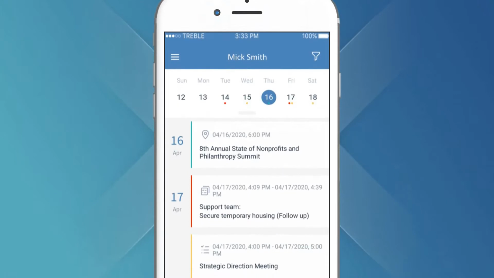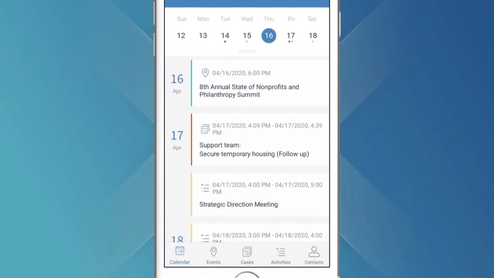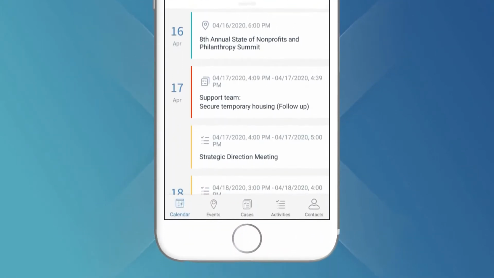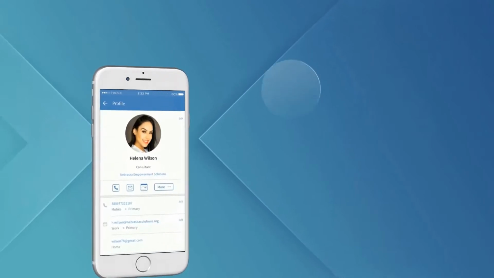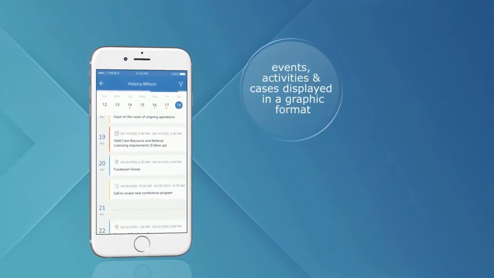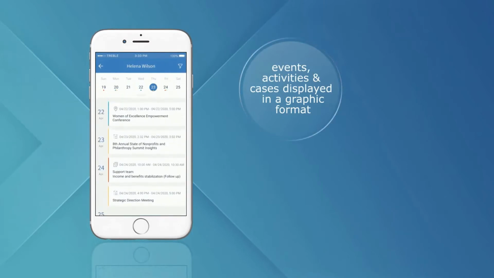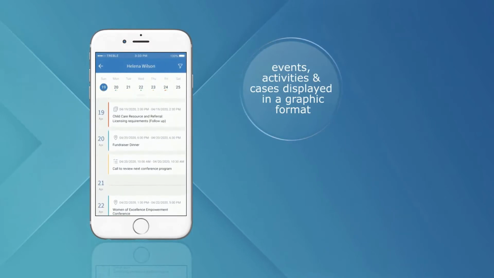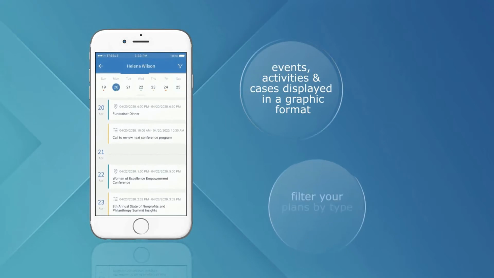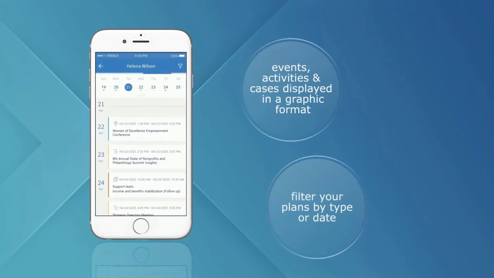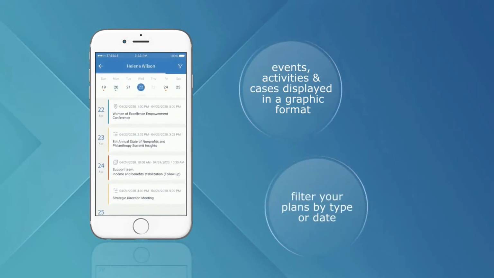Keep track of your appointments, plans, to-do lists, and due dates with CiviMobile Graphic Calendar. All scheduled events, activities, and details are displayed in a calendar in a graphic, user-friendly view. Color indicators mark the type of activity scheduled for the date. For more than a bird's-eye view, tap the date to change the focus to a specific day or filter your